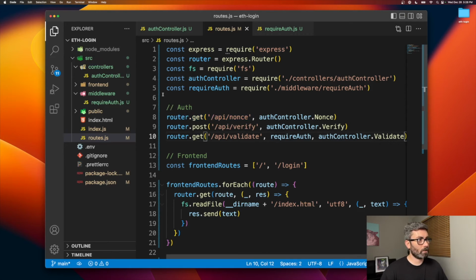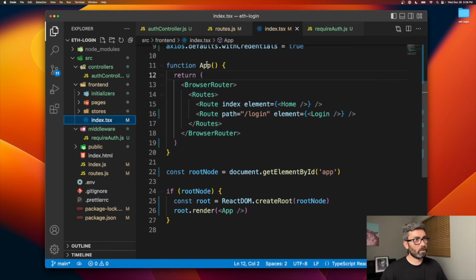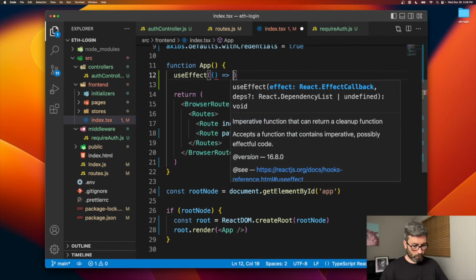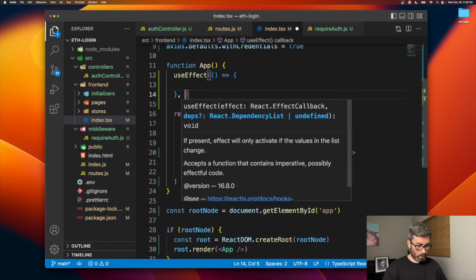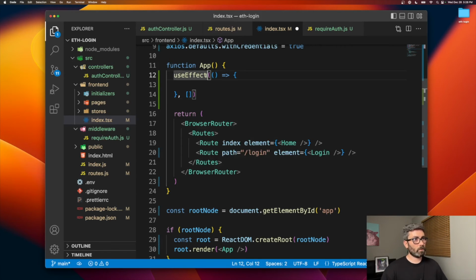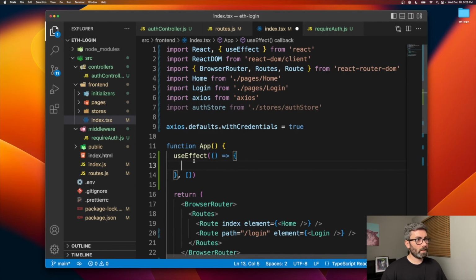So to do it once on load, we can do that within our main index file, and we can use a useEffect. So let's go useEffect, and we want to run a function. And then for dependencies, we just do an empty array, so it just runs once. We've got to import useEffect. I don't know if I did that already. And then we're going to call an init function, which we haven't created yet. So let's go to our store,